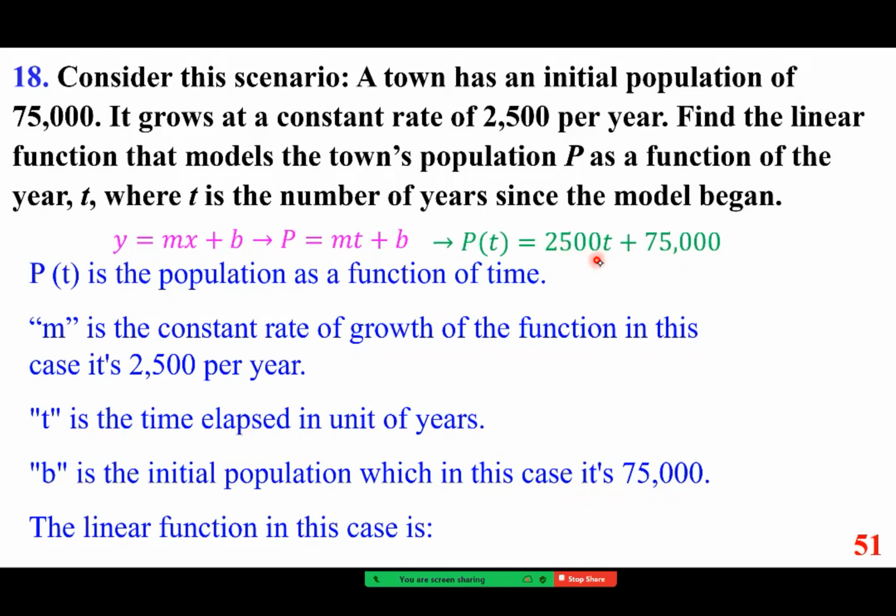So 2,500 is the variable value, which is the slope, and 75,000 is the initial condition, also known as the y-intercept. In this case we would call it the P-intercept. All right,